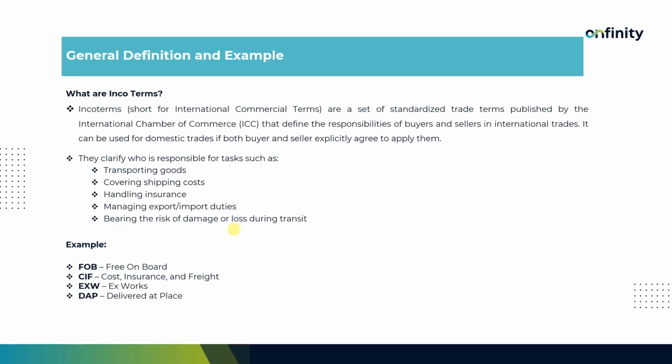They also clarify who handles insurance, manages export and import duties, and ultimately, who bears the risk of damage or loss during transit. We have a few examples of Incoterms such as Free On Board, or FOB, and Cost, Insurance, and Freight, or CIF. These Incoterms are linked with Incoterm rules, which provide a more detailed explanation of these terms. These rules clarify what exactly should be done or followed when any of these terms are mentioned in our contracts